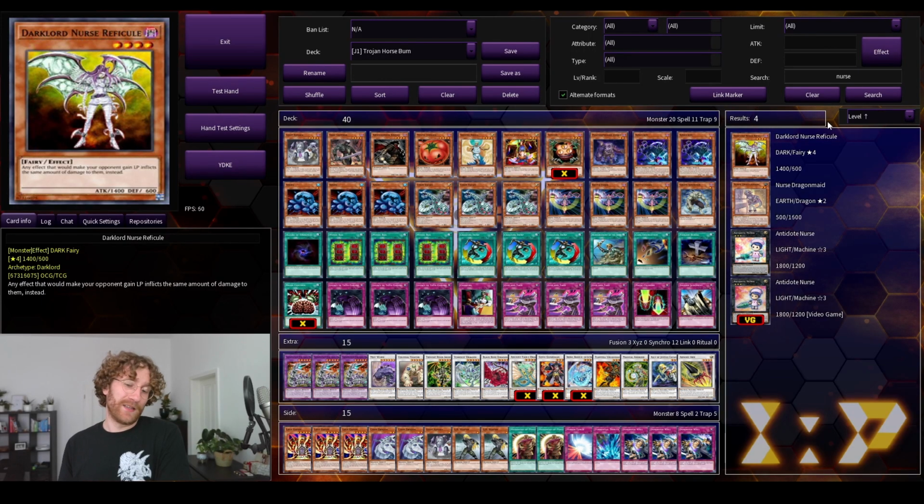So yeah, it's a list I personally believe is favorable in the Blackwing matchup, and with siding you have a lot of options against all meta decks. Like, you have a fair shot against every meta deck. So this one, it's a bit inconsistent at times, but I think it has a fair shot to break into the meta. So if you want to see that, subscribe,